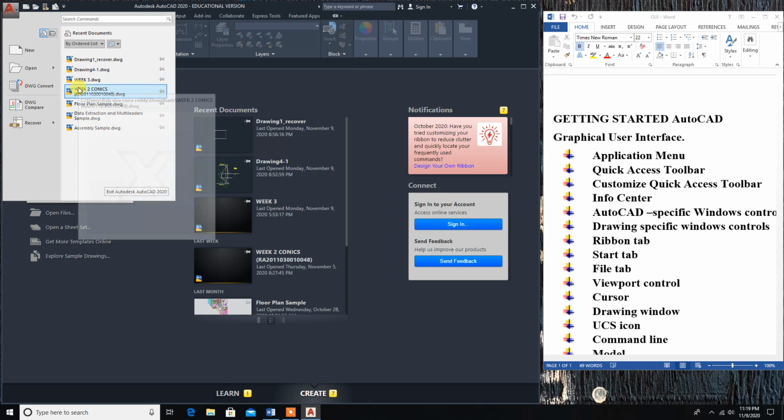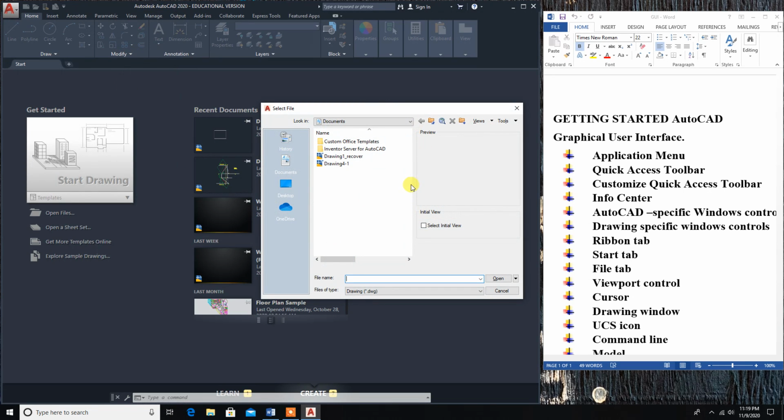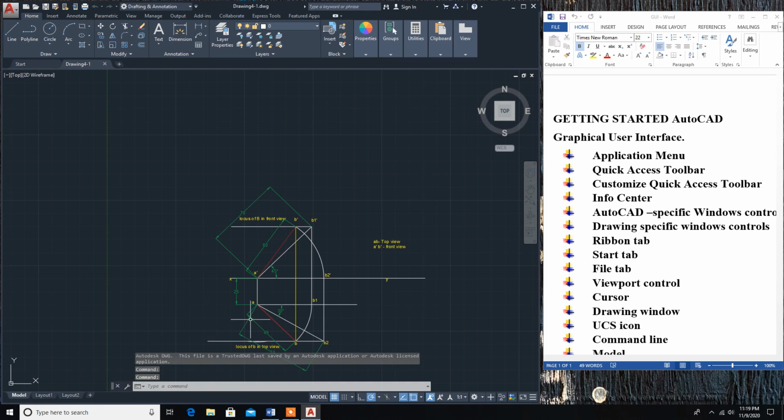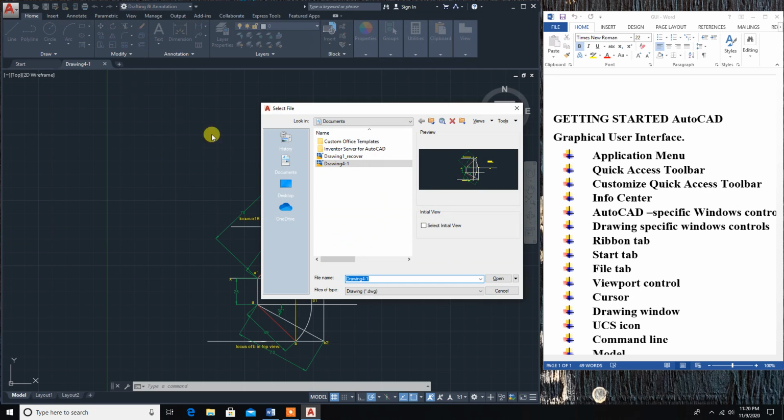You will exit. Now, for opening a new file, you can click new and open. Or if you want to open an old drawing, you can go to open drawing and existing drawing, the drawing which is already saved in your hard drive. So here two drawings are there, so I can click drawing 4.1. So a drawing window is open. If I want to open another drawing which is already drawn, we can go to the application menu, open drawing, and this is drawing 2, open.